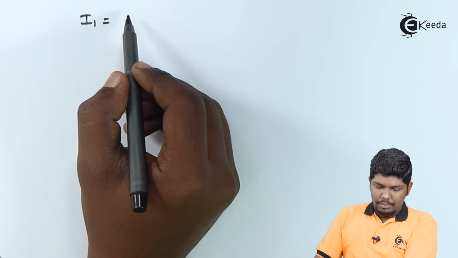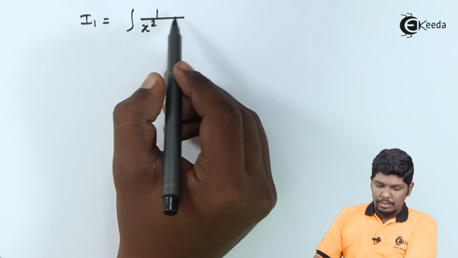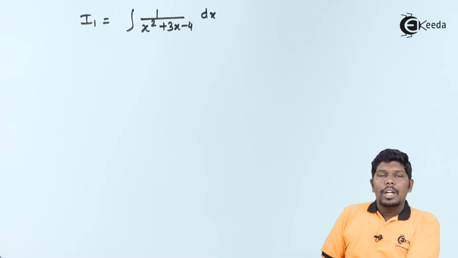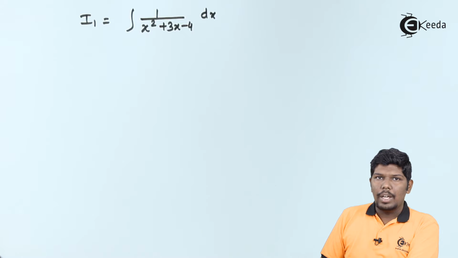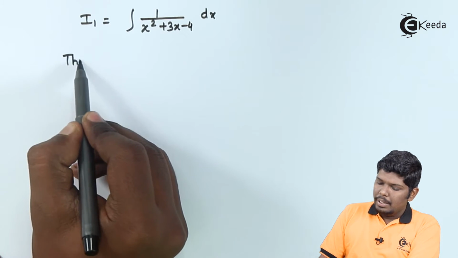I1 is the integral of 1 upon x square plus 3x minus 4 dx. Now the first step is to check whether the coefficient of x square is 1 or not. Here you can see it is already 1. Therefore, we can find the third term,